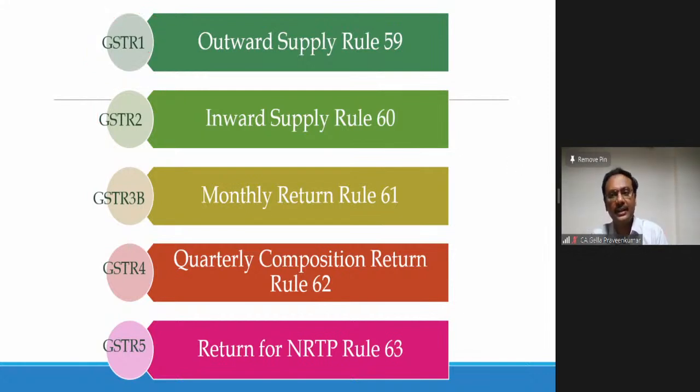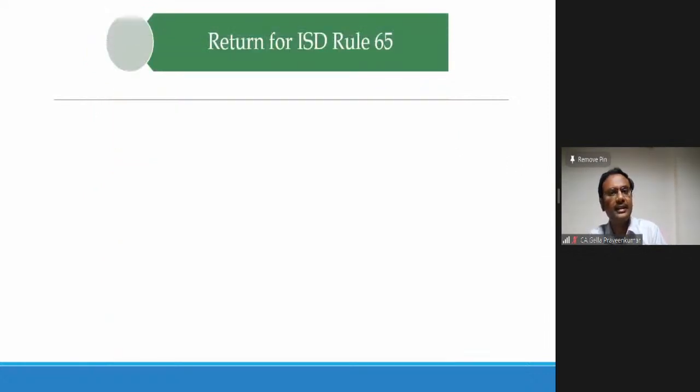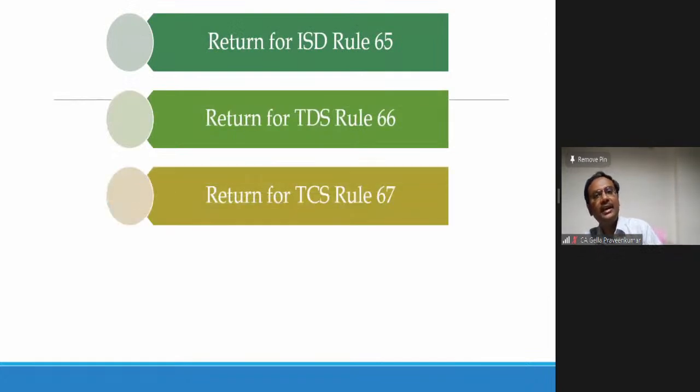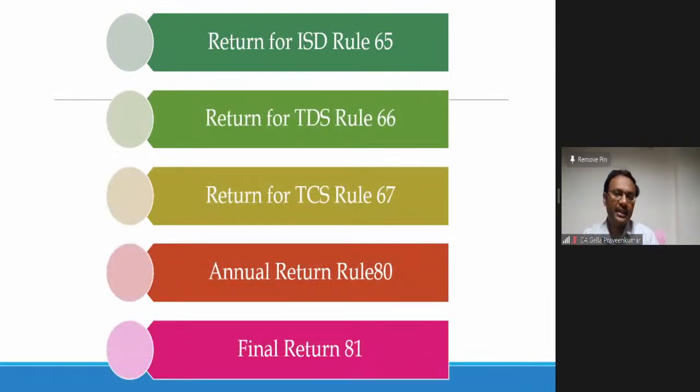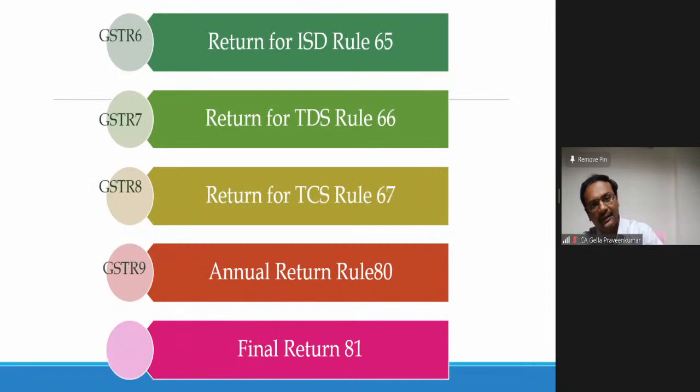They are not returns. Next, what all other things are there? Then I have my ISD return, which is filed on a monthly basis. TDS return, again filed on a monthly basis. TCS return, again filed on a monthly basis. Annual return, which is filed under Rule 80. Annual return, there is a recent budget amendment where the Government of India has decided to scrap this concept of GST